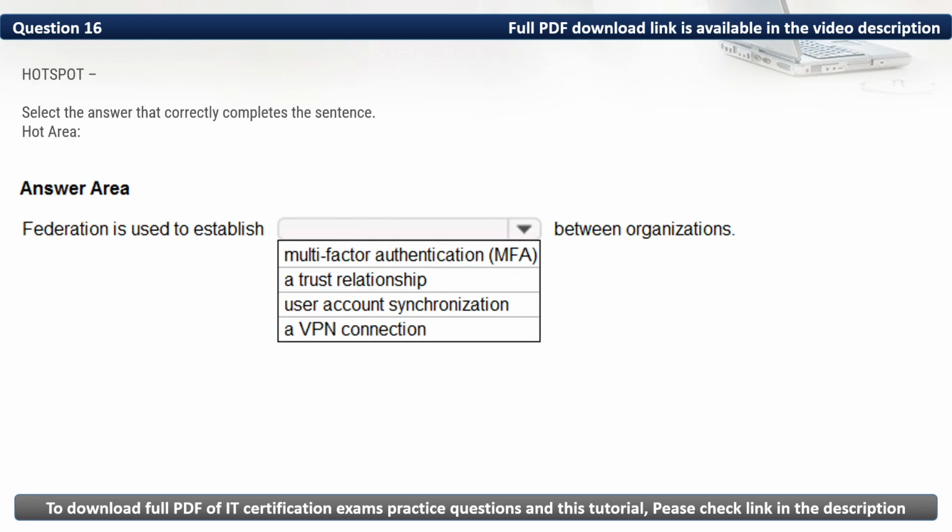Question 16. Hotspot. Select the answer that correctly completes the sentence. To the answer area, federation is used to establish dash between organizations. Here in this question, based on the given description, the correct option is trust relationship. About the answer,